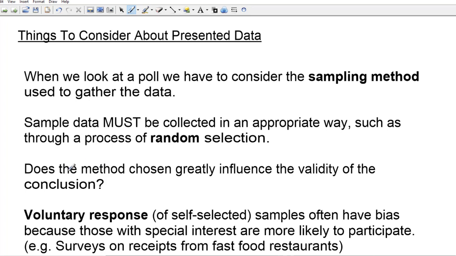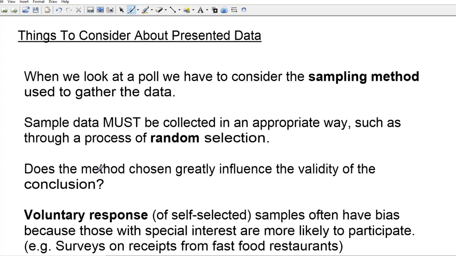Absolutely, because if it didn't, so if we were going to say that we wanted to take a sample to see if people liked baseball, and we were going to sit outside and our sampling method was just randomly asking people to fill out a survey if they like baseball, but we're at a baseball game, we're going to assume that they all like baseball, or the majority of them like baseball, because why would they be going to a baseball game?